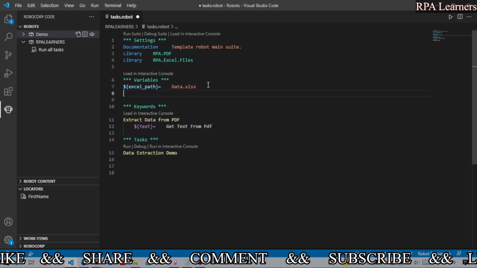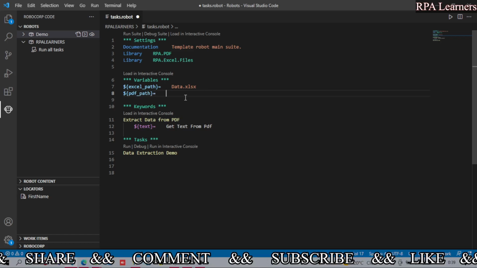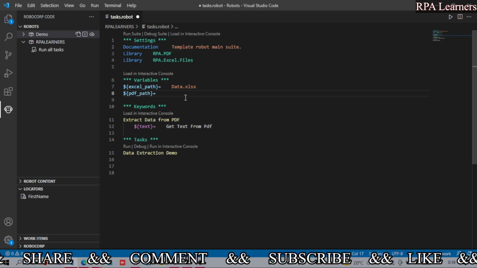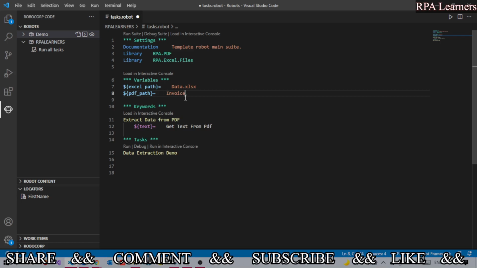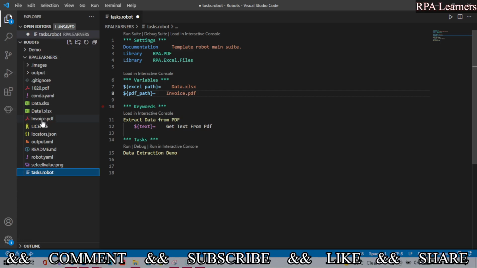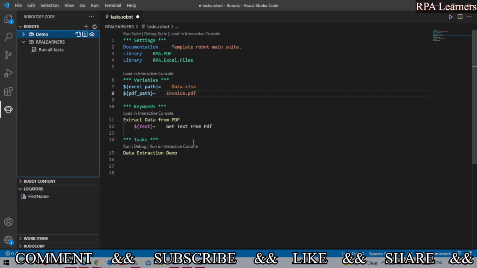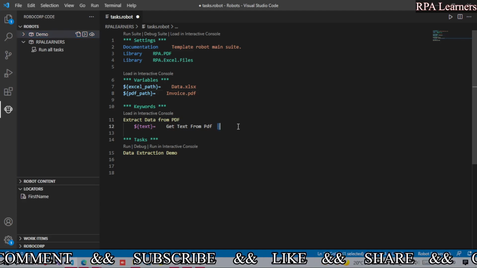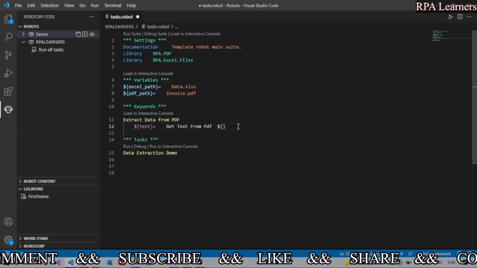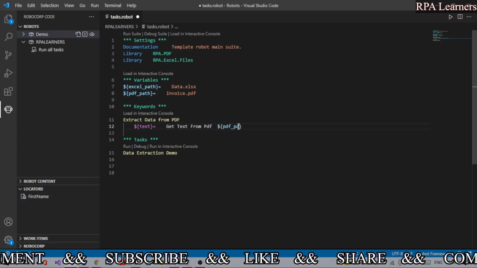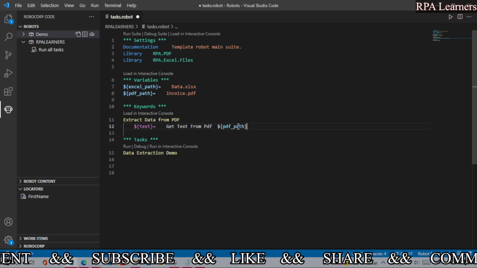So what is the PDF path? The PDF is invoice.pdf. Let me show you the file structure so that you can understand what I was typing here. We have data.xlsx, which is the Excel file path, and there is a PDF which is invoice.pdf. So we are using those two paths. Here, get text from PDF. First we need to mention the path. Here we will use PDF path, and then